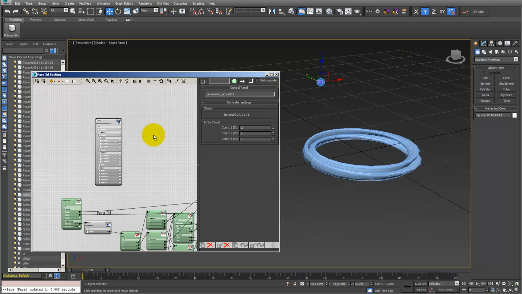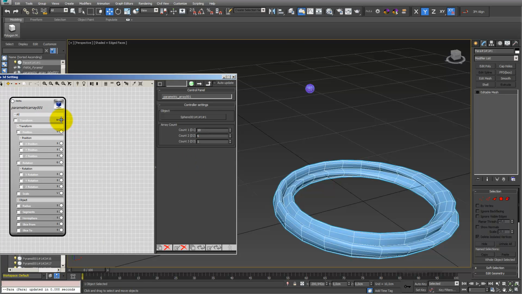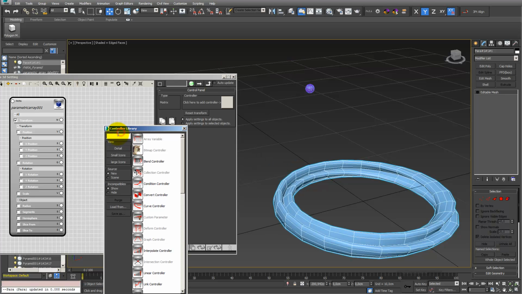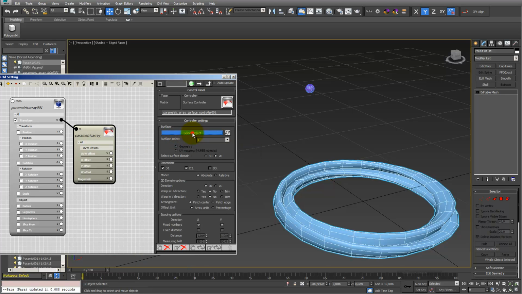So you can work with this, you can give this a count, or you can just already add controllers to this. You can, for example, just use the surface controller to project it on a surface, and for this I want to create a two-dimensional array, let's start with 10 by 6, and just under transform I add a surface controller, which I just enter, SURB surface controller, and then I just go into select object, and I just want to choose this client bottle,